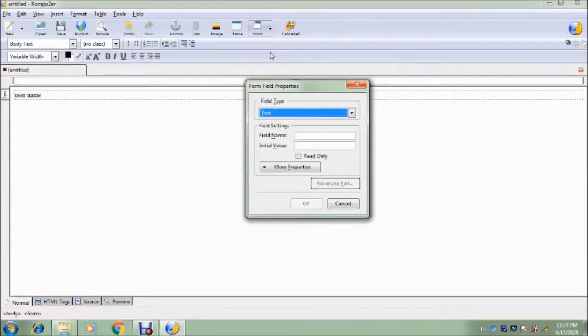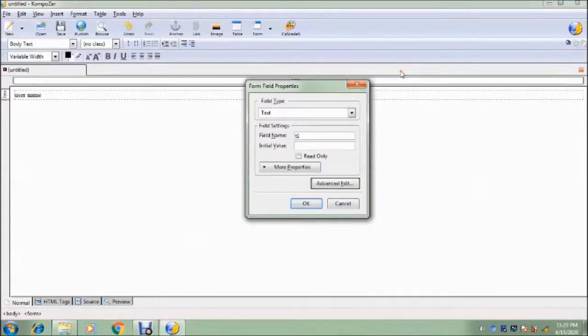It will open a field property dialog box. Okay, and by default you can see the text field is already selected. We want to insert a text box only, so we are not going to change it. Name, compulsory we have to give the name to each and every element. Any name you can give. There is no compulsion of giving a particular name, but the name must be there.